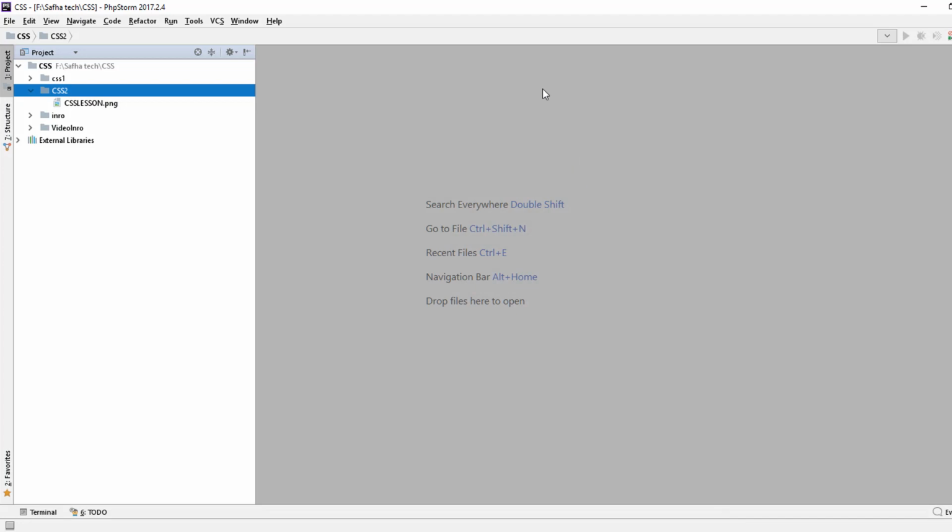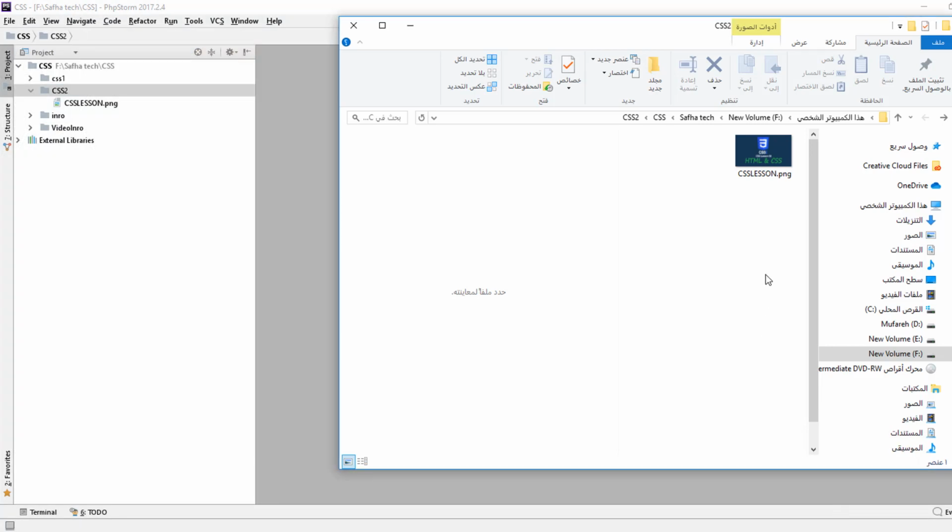First of all, we have here an editor, which is the PHPStorm editor, which is amazing, and I recommend it for many languages, for example HTML, CSS, JavaScript, PHP, WordPress, or any language you want to program with. This editor is a great way to go. So here we will create, for example, an HTML